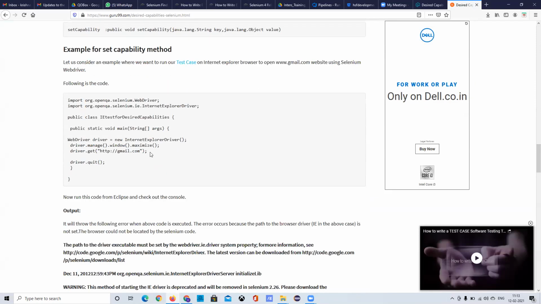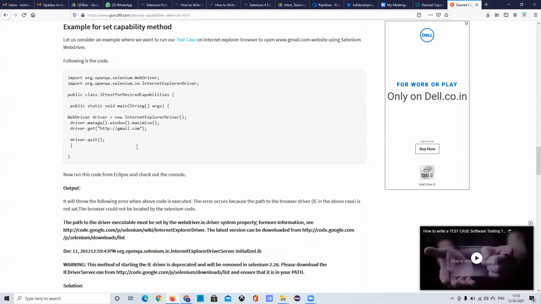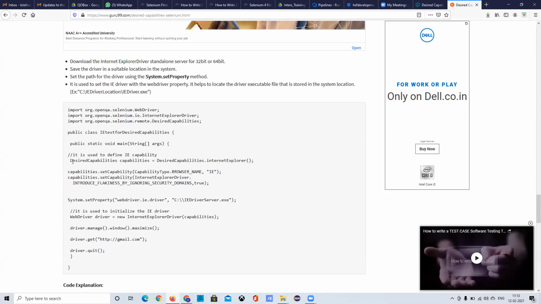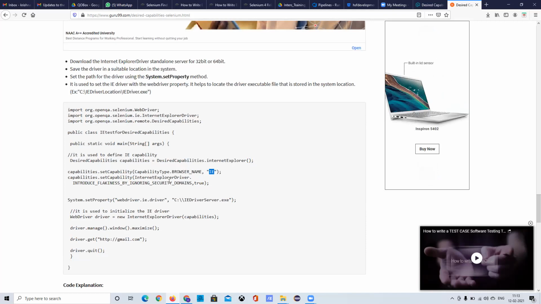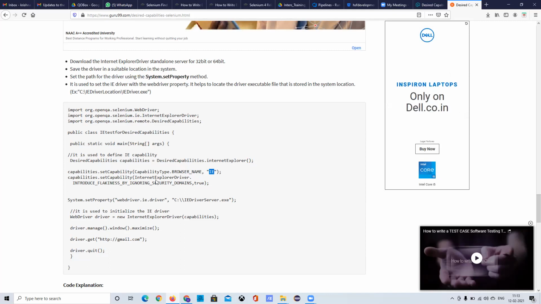Here we didn't pass it, but if you look at the desired capabilities, they define the object and in the capabilities set the browser name, IE, and then a driver capability. For example, when you open Internet Explorer, there can be a pop-up asking whether you are recommended to go for this browser, as it is not so safe. If you want to disable that pop-up box, you write that capability and give it as true. If you give it true, all those pop-ups will be suppressed.